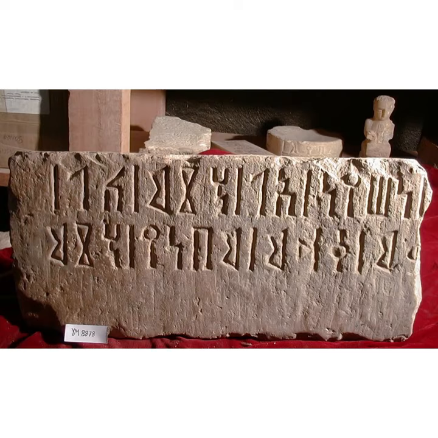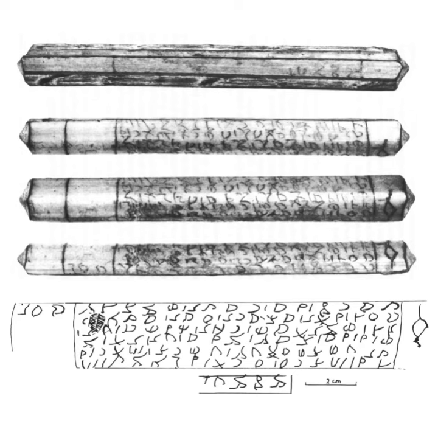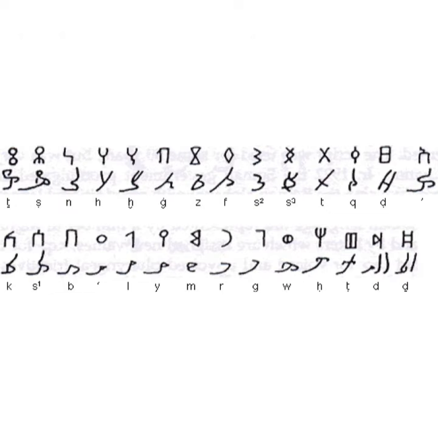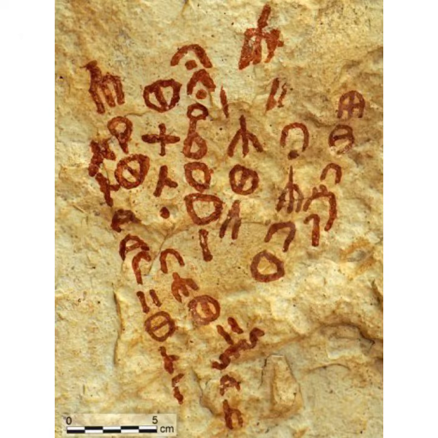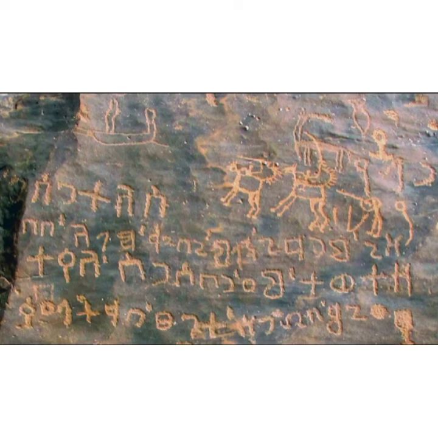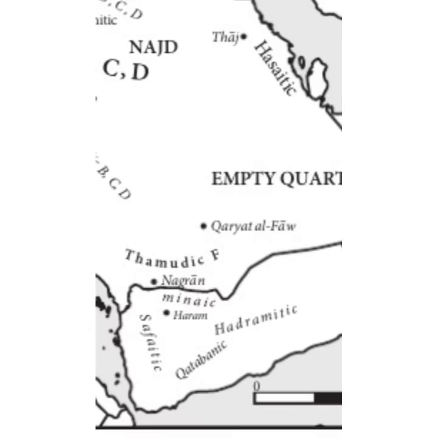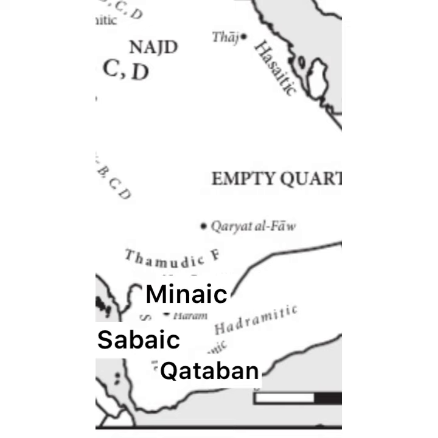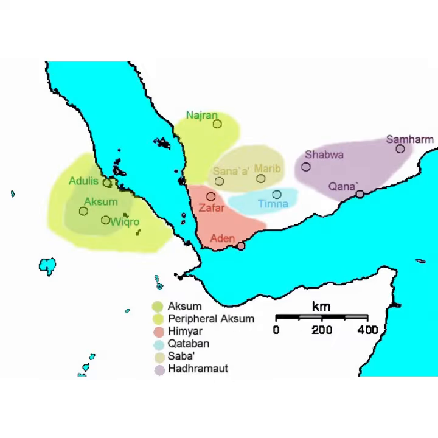The script used on these documents is not directly related to the Arabic script either. It's what scholars call the South Semitic script. It's an alphabet. And so ancient Yemen has a continuous writing tradition in this alphabet, using basically indigenous languages like Sabaic, and there are three others, Katabanic, Minaic, Hadramitic, for about 1,500 years.